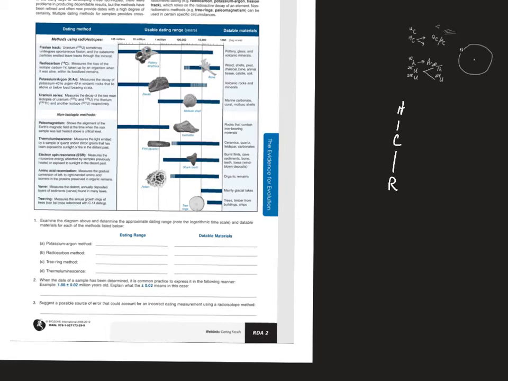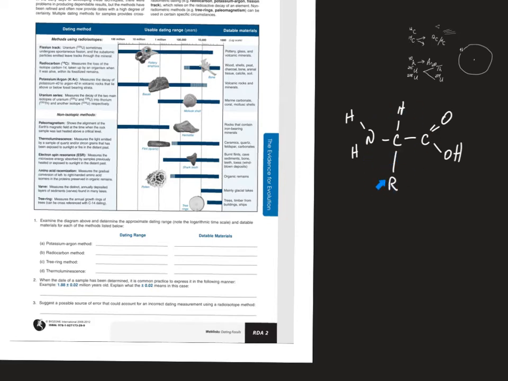You have the carboxylic acid group, C double bond O, single bond OH, and then you have the amine group, which is the NH2. So whether this is right-handed, in other words the R group is pointing in one direction, or it's pointing in another direction, left-handed,